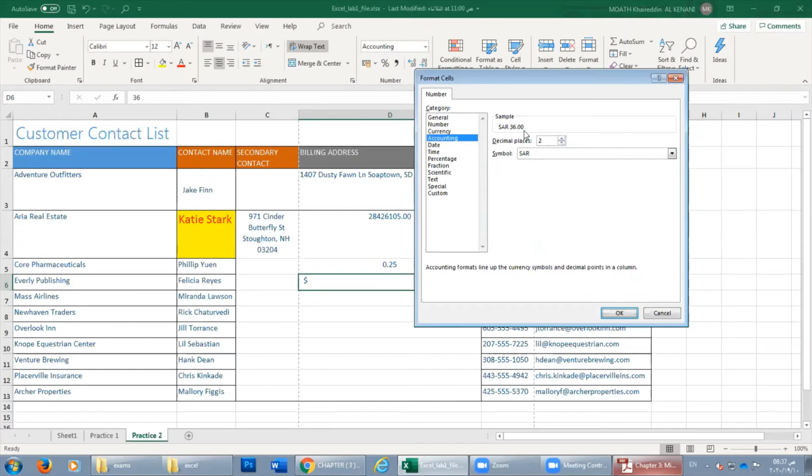If you want to put 3, you can put 3 or 4. Normally or usually we use 2 only, because for 36 riyal we have halalas